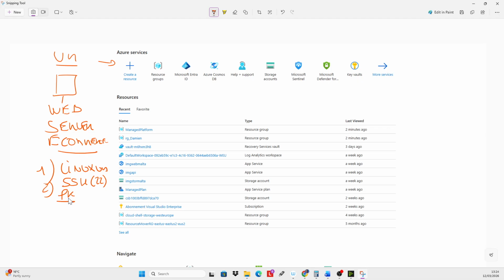And lastly, we will install the latest OS updates on this VM, and after we will install the Nginx web server. So the first thing is that we're going to create this VM.